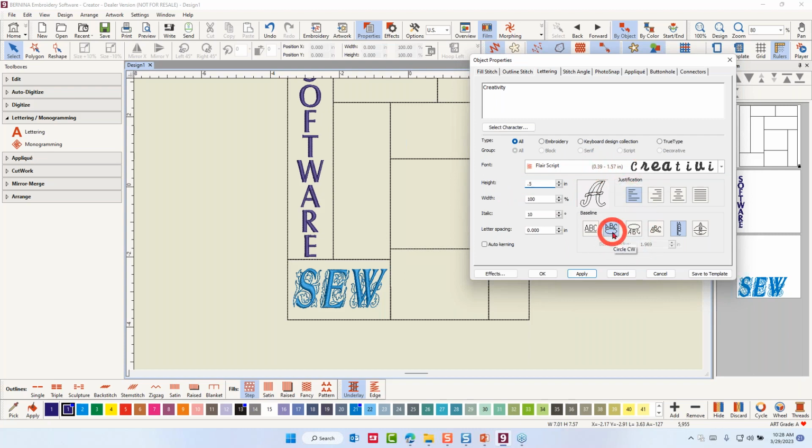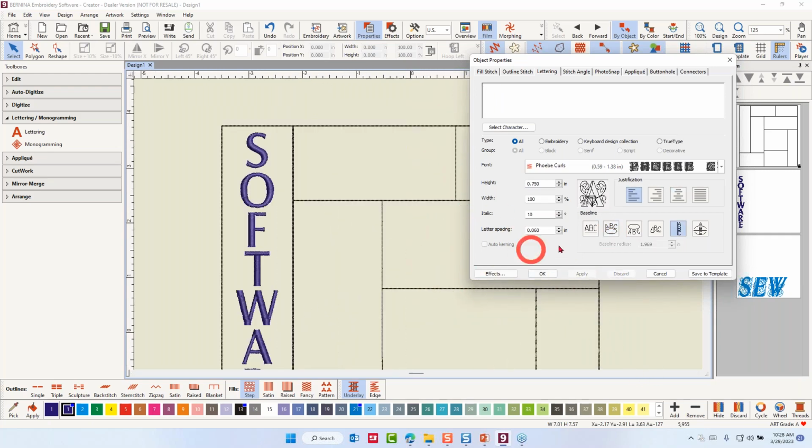And this time I'm going to select Circle CW. This is going to give us art lettering. And when you do this, you want to go ahead and click on Apply. You click in the center of this square. And I'm going to drag